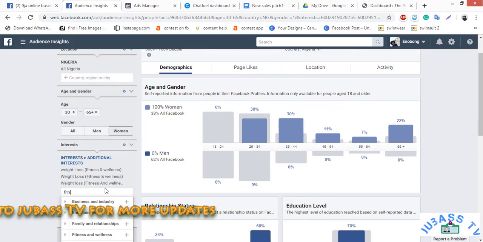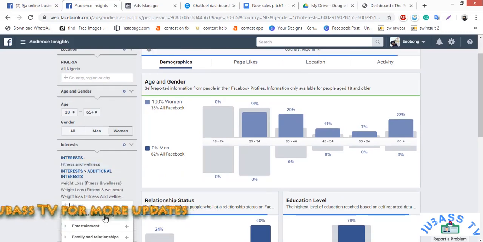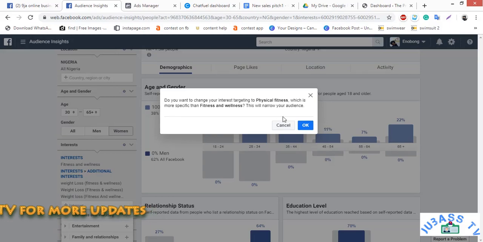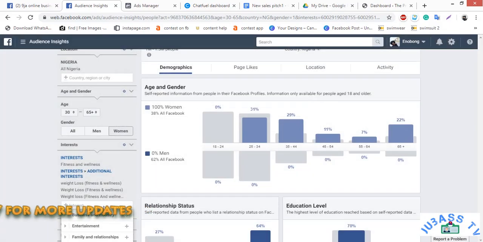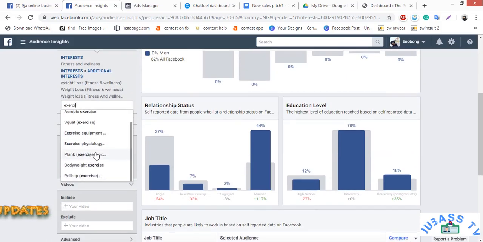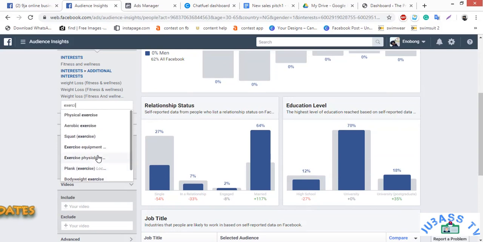So fitness and wellness, physical fitness. Okay, do you want to change the cancel? Leave it like that. Let's type exercise, body weight exercise.